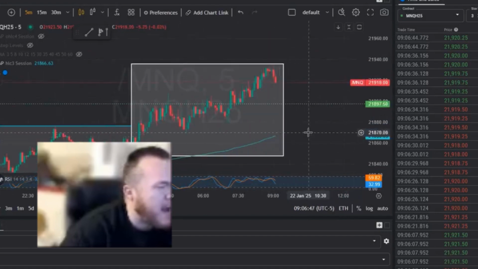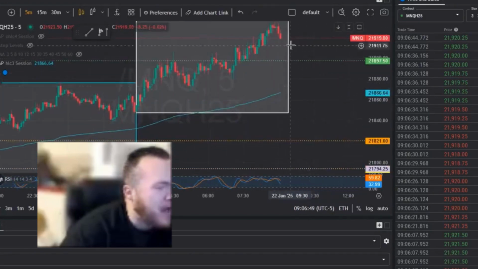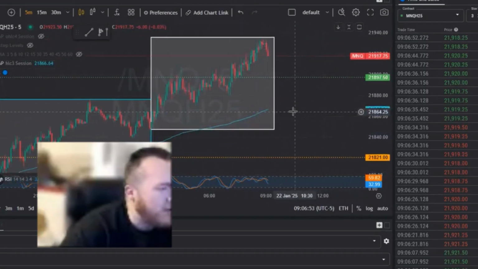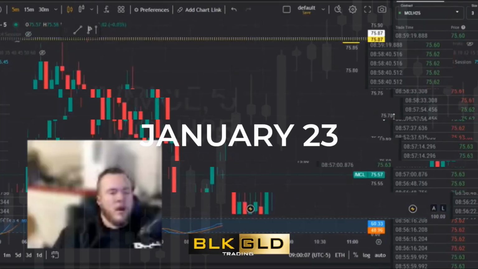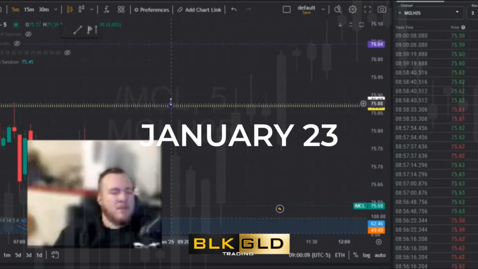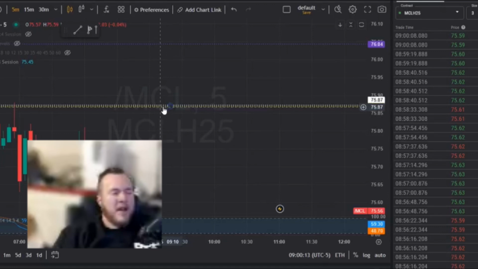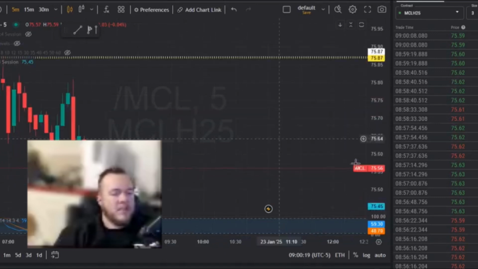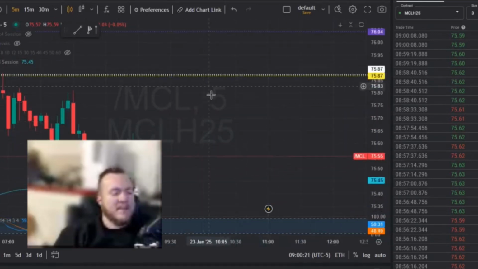Either a failed breakdown or any pullback, either down to VWAP or down to London low. I would look for that on NAS. All right, so it'd be the same thing here. What I would love to see is a clearing of 75.87 here, potentially for it to come up and touch the weekly, and then a re-entry will likely provide us a nice leg down.